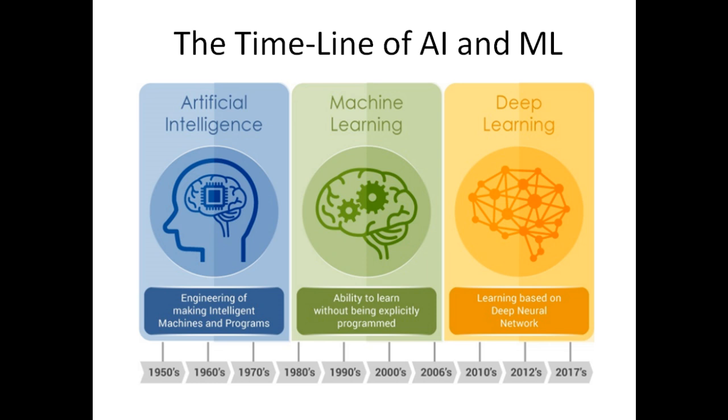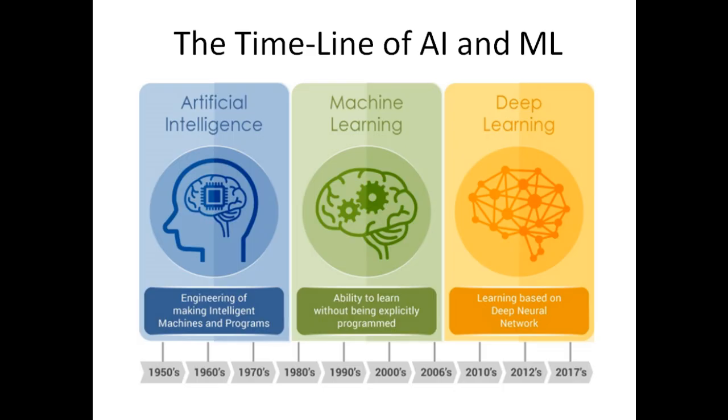So basically here we are just trying to understand the timeline of AI and machine learning. Artificial intelligence has existed from way back. Many of us, when we hear AI, think it's a new thing, a new trend that maybe just happened around the mid-2020s, but it's been existing. We've had intelligent machines as far back as the 1950s. Imagine, the engineering of making intelligent machines and programs already existed. Then the branch of AI known as machine learning came on the scene possibly around the early 1990s, where machines now had the ability to learn from data and build algorithms.